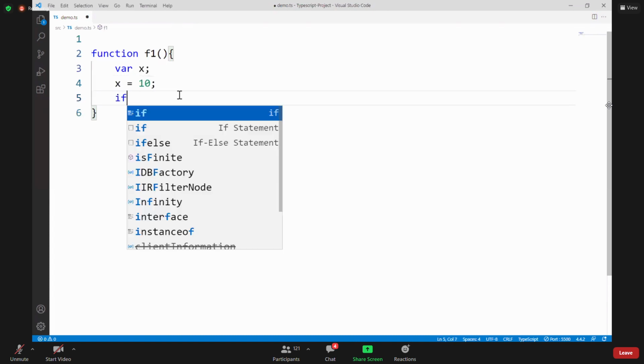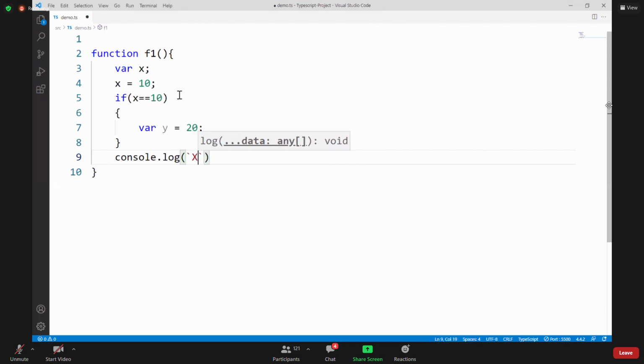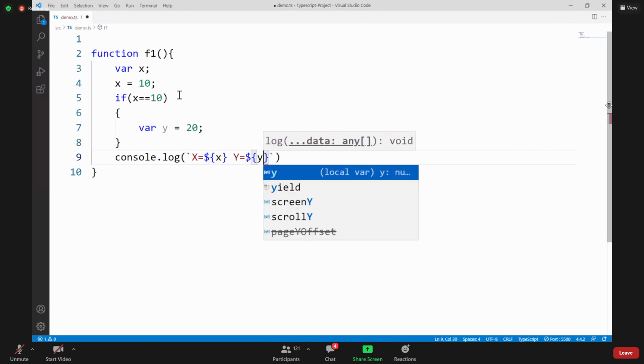And if x equal to 10, then I define a block where var y is equal to 20. And here I am printing console.log x is equal to the value of x, and y is equal to the value of y.